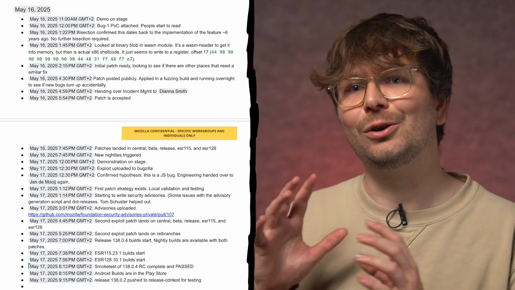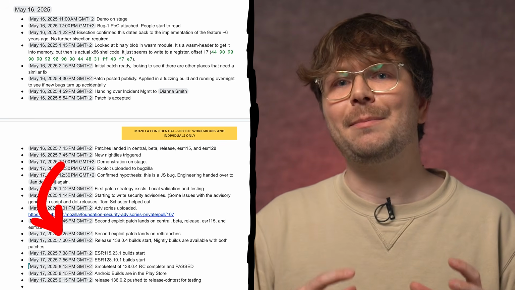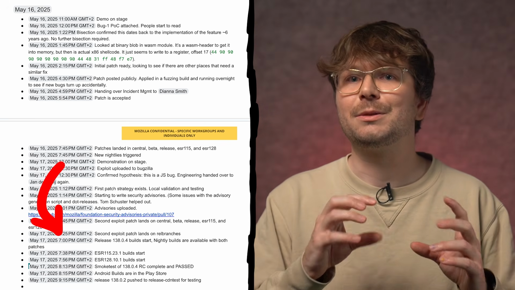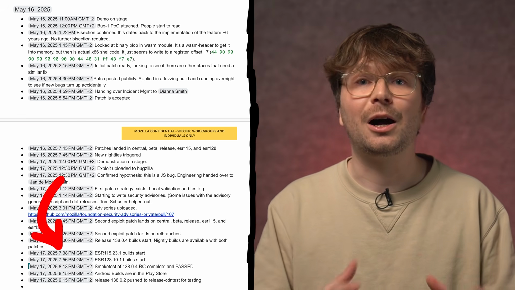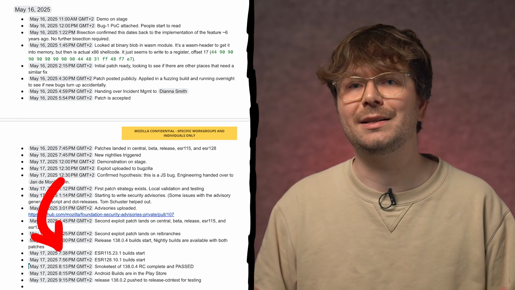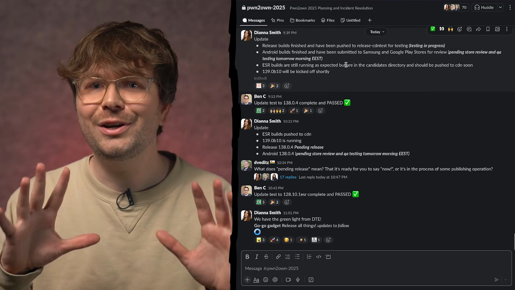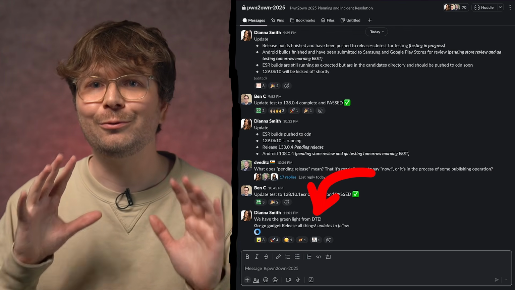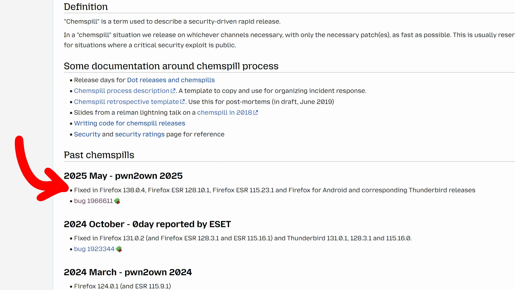And so let's have another look at the timeline. At 7 p.m. a release build got started. Nightly builds with the patches were already available, ESR builds, the extended support builds also got started, and in parallel there was extensive testing and QA. And then, just 30 minutes before midnight, the new version got released. A new chemspill security release